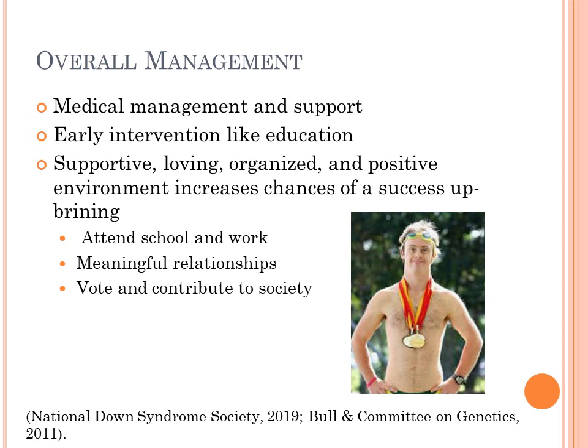The overall management for Down syndrome: there's really no cure for Down syndrome itself. It is a genetic disorder. They're just going to have it. You can't do genetic manipulation on somebody who's already alive. Anyways, the overall management for trisomy Down syndrome is the medical management support, like I said,